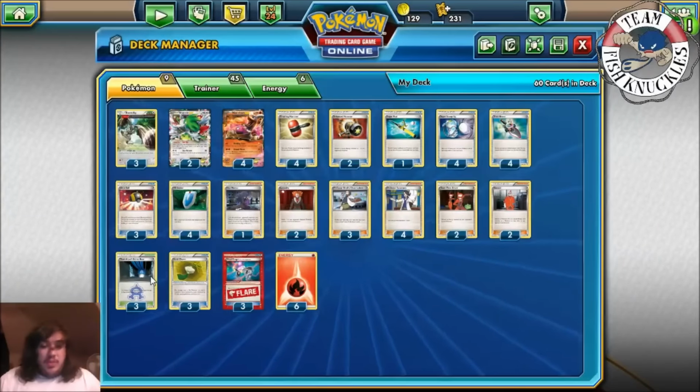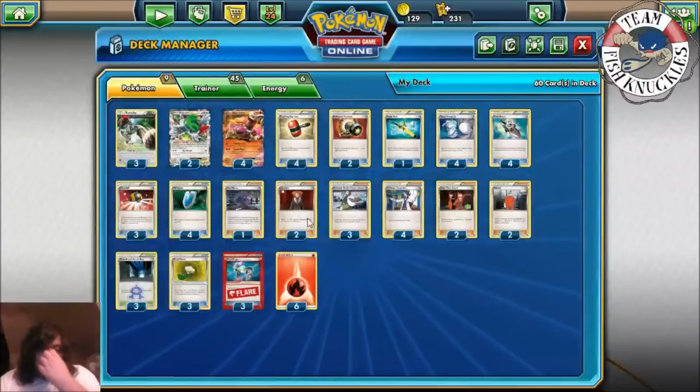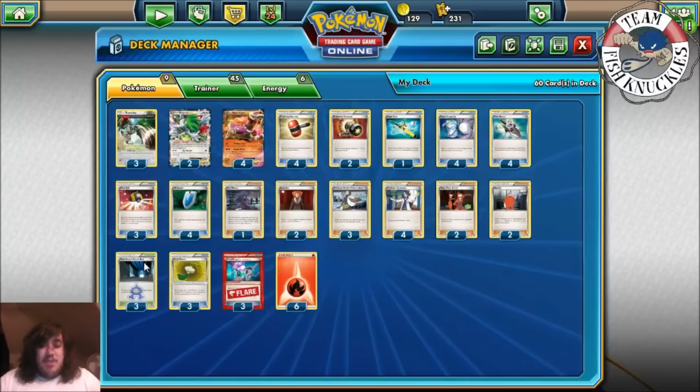And also we play 3 Team Aqua Secret Base. The retreat cost of each Pokemon in play, except for Team Aqua Pokemon, is 1 more. And, like I said earlier, you can Life Center somebody up and kind of stall them out that way. And with the Team Aqua Base, it kind of helps us out just even more, because they have to have